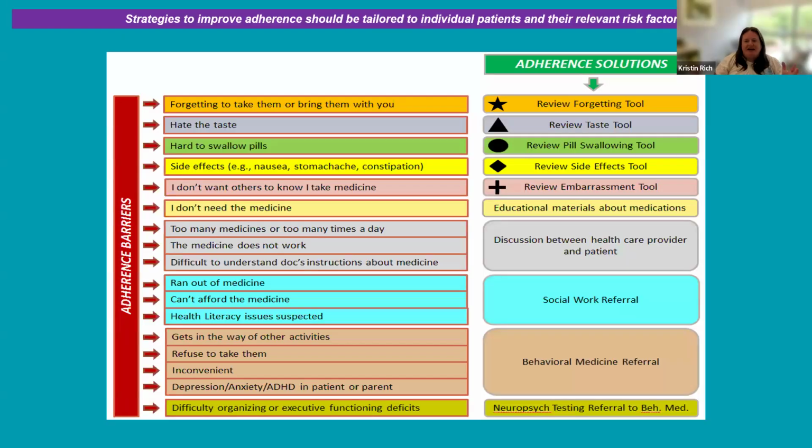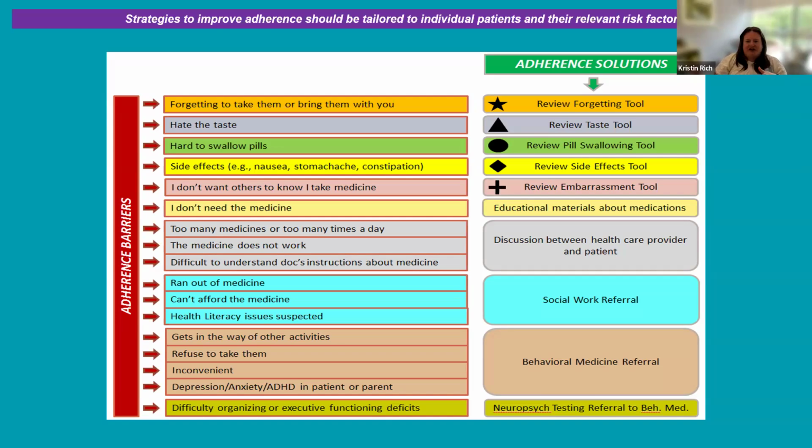As part of our work here at Cincinnati Children's, we have created a diagram flow chart to help our providers in clinical care in pediatric settings to figure out, okay, my family has said that this is a barrier for them. What am I going to do about it? So, for the top 5 most common barriers that we see, we have created these shared decision-making tools, which I'll share with you in a moment, that we would encourage providers to have at hand to pull out and start the conversation.